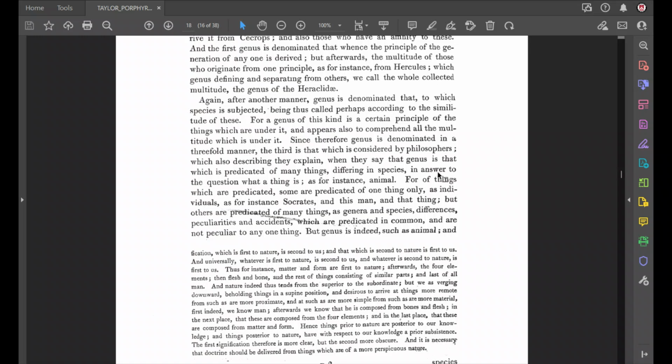The third way is that which is used by the philosophers. Now what Porphyry does is he goes on to clarify it further. He says, okay, this is the general idea that we have here: that to which species is subject. That's what the word genus means in the philosophers. But let's go into more detail and make it clearer. I'm going to erase this beautiful illustration here. We're going to go into more detail to understand this more clearly. He goes on to say,